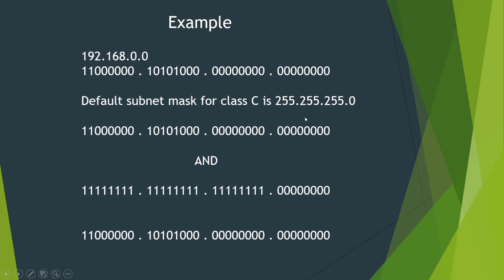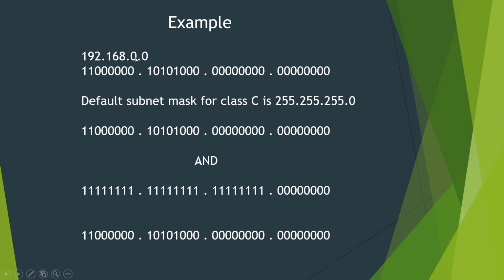This is called the host ID, and this is called the subnet ID, the network ID. This indicates one network. So 192.168.0 indicates one network, and the last octet values 0, 1, 2, 3, 4 refer to our host IP addresses. So I can assign 192.168.0.1 to a computer, and 192.168.0.3 to my smartphone. These three octets remain the same because they belong to the same network.